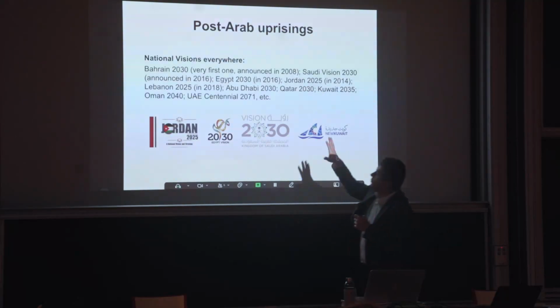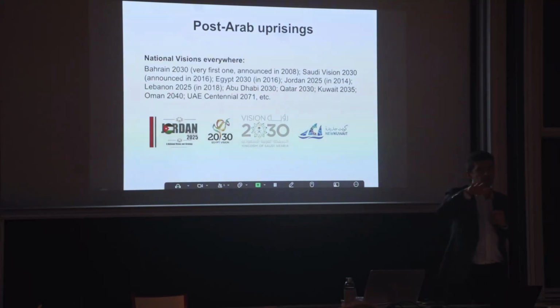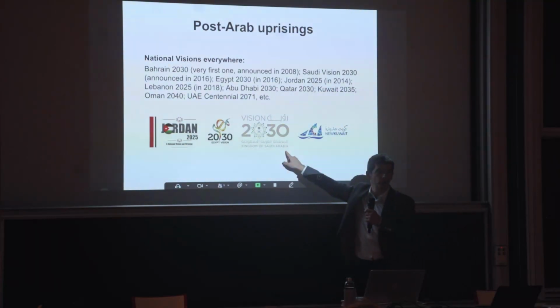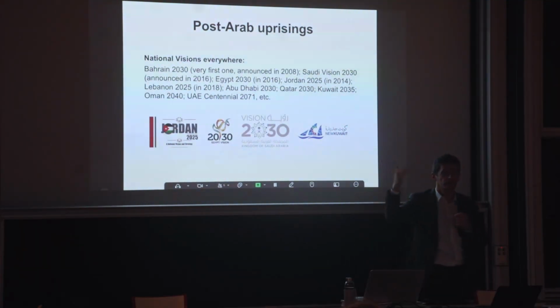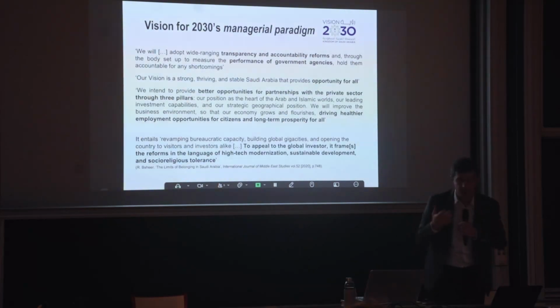For the last 10 years, we've seen major national visions taking place. All countries have developed national visions, and it's another tool that a number of these monarchies have tried to use in order to face all the challenges that I mentioned before. The most important, the most famous one is Vision 2030 in Saudi Arabia. Everybody has been talking about it. I will not go into too many details on that, but I will finish by saying that,